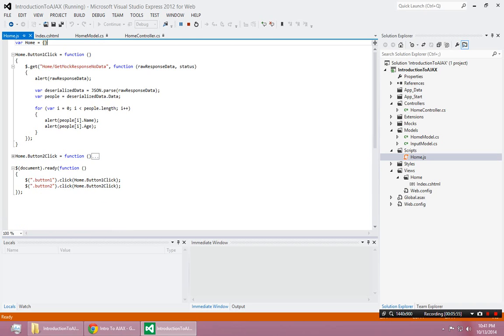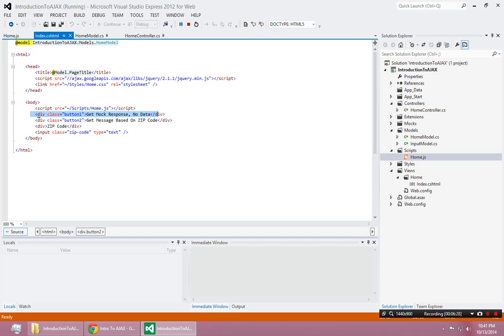I'm going to close that up and close that up. Actually, I'll keep that one open. If you look down to the bottom here, when the document is ready, just like we've done before in jQuery, I'm using jQuery to say find any element that has the class button1 on it and attach a click event. Anytime the click event gets fired, I want to run this function, home button1 click, which is this function right here. So anytime somebody clicks the guy with the button1 class, which is this guy right here,